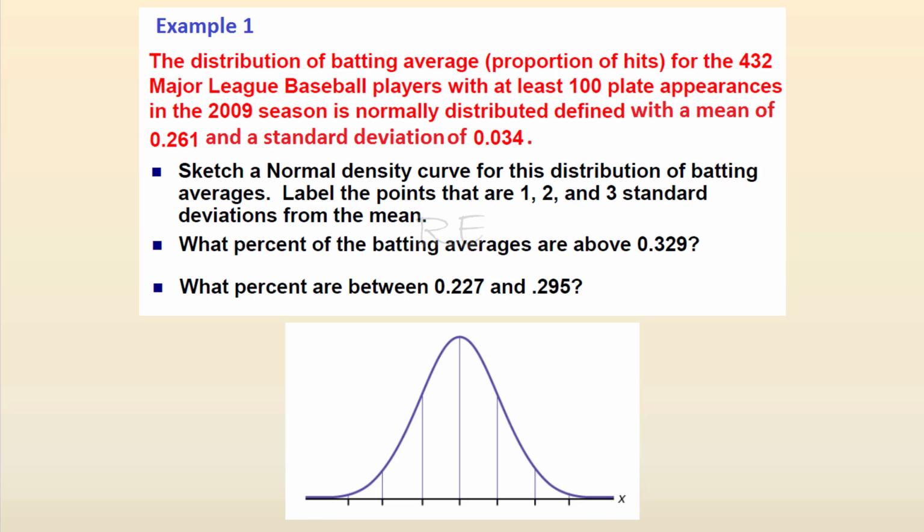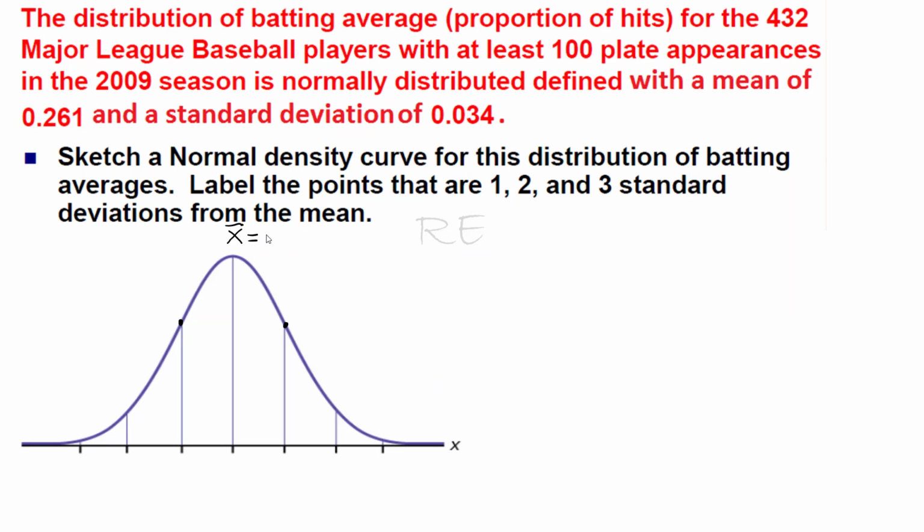Given the mean and the standard deviation, we're being asked in question 1 to label the points that are within 1, 2, and 3 standard deviations from the mean if we have a bell-shaped curve. For the points that are 1 standard deviation from the mean, we're going to add and subtract the standard deviation from the mean, which is